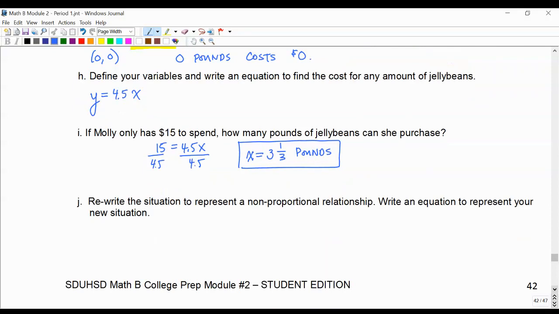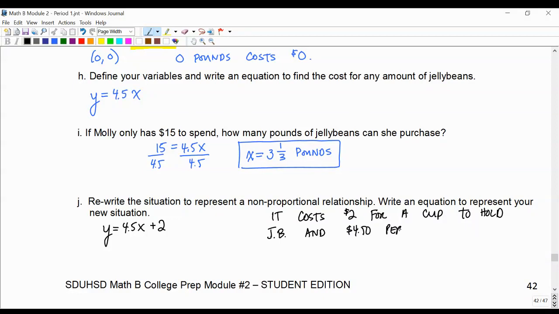Last, we're going to rewrite it so we have a non-proportional relationship. And it also asks for our equation. So maybe we'll just start with our equation. Let's say we have an equation of y equals 4.5x plus something, but it can't be plus 0, otherwise it goes away. How about plus 2? Let's say it costs $2 for a cup to hold the jelly beans, and